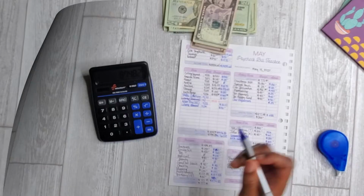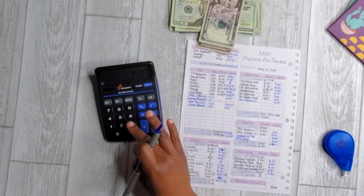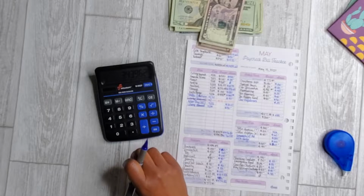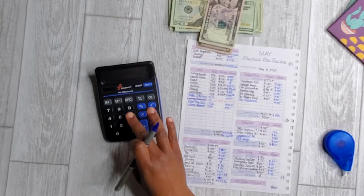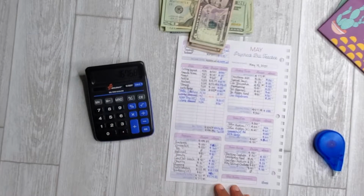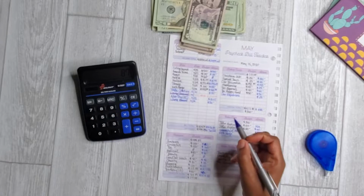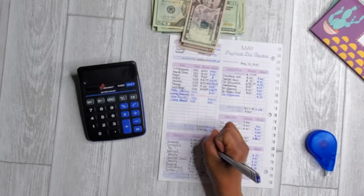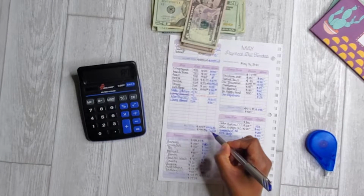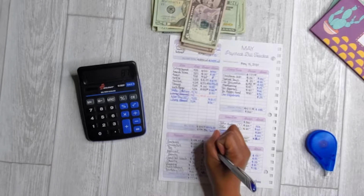So let's start at the top. Total income, $3,439.62. Minus bills, $1,676.80. Minus variable expenses, $870. Oh, actually, I'm sorry. I'm moving too fast. I need to bring down the leftover amount and put it in the variable expense column. So that's